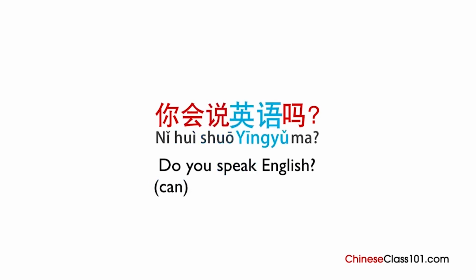Next up is 英语, the word for English. And last we have 吗. This is used to ask a question. It works just like a question mark. Put it at the end of the sentence with a low tone. Altogether, it's 你会说英语吗？